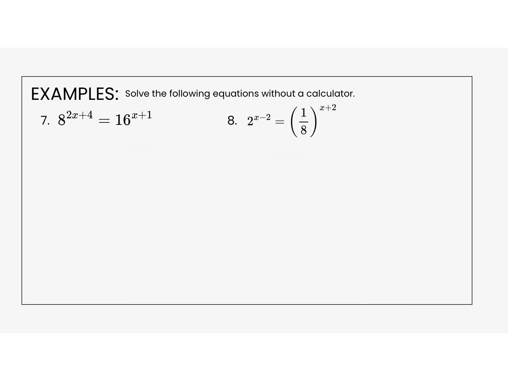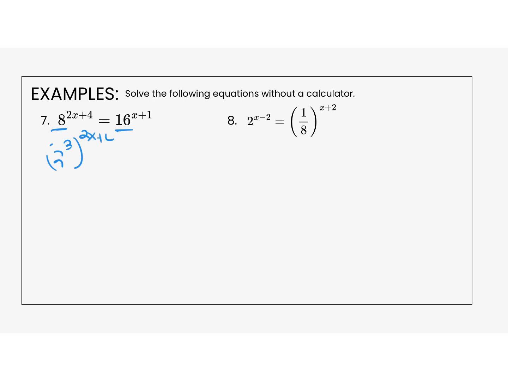Okay, number 7 is a little bit trickier because 8 and 16, remember, we're doing exponents, we're doing powers, we're not doing multiples. Yeah, 8 times 2 is 16, but I'm taking powers, so I can't do 8 to the second power, that's 64. That doesn't get me 16. However, 8 could be written as a power of 2, that's 2 to the third power,